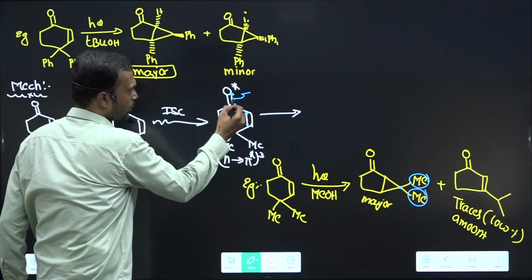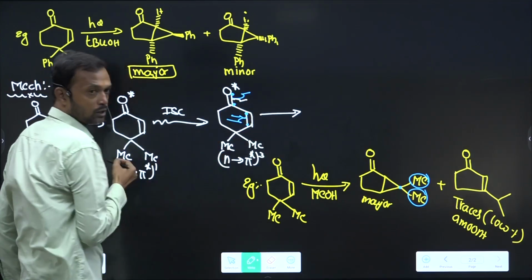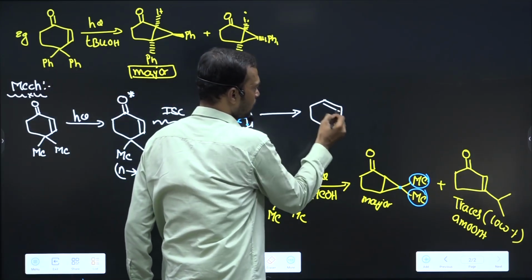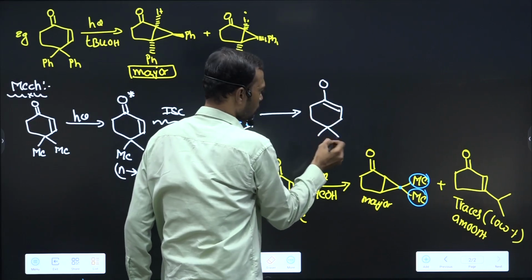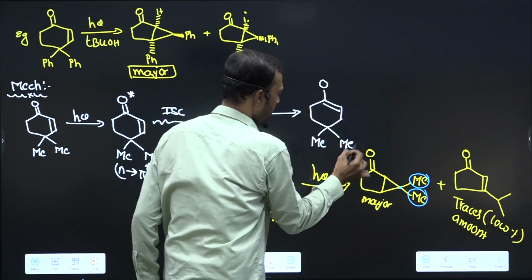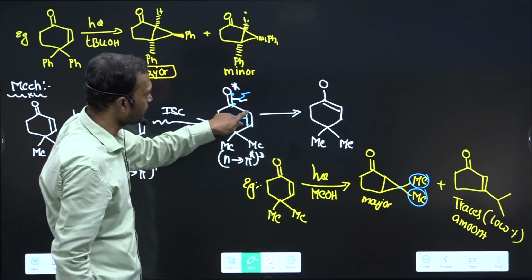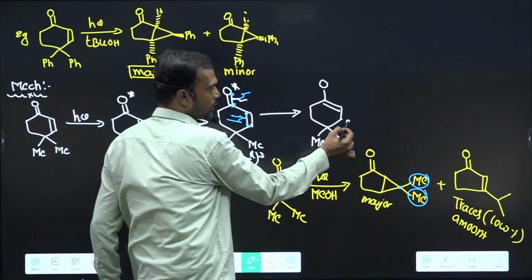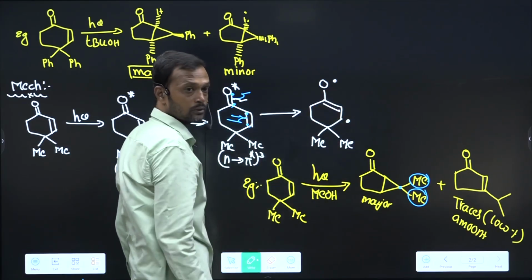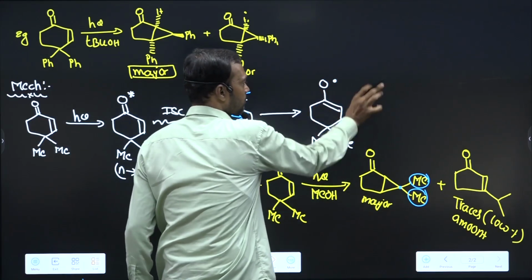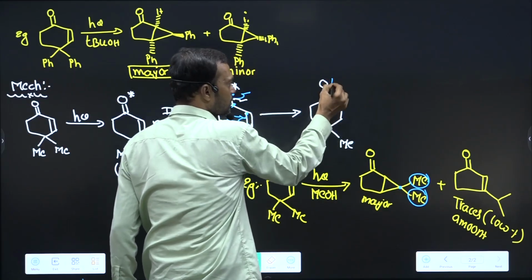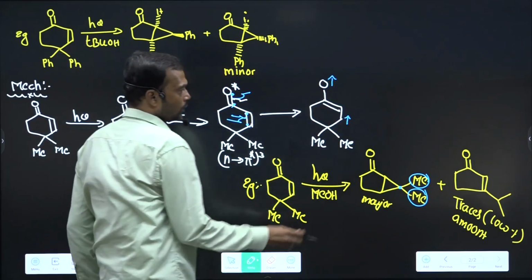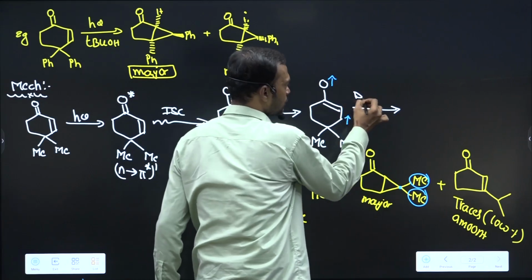Now what happens? See, here I am making homolytic fission and here also I am making homolytic fission. Then what happens? These radicals combine together and form a double bond, or not? And here 1 electron and here 1 electron. So what is the spin of the 2 electrons? Here see, these 2 electrons combine together and form a double bond. This electron is left, right or not? These 2 electrons are written as they are. What is the spin of these 2 electrons? Same or opposite? Same, because it is triplet. Triplet, having clockwise, and what about this one? Clockwise. Okay. So after getting these 2 clockwise, then go for